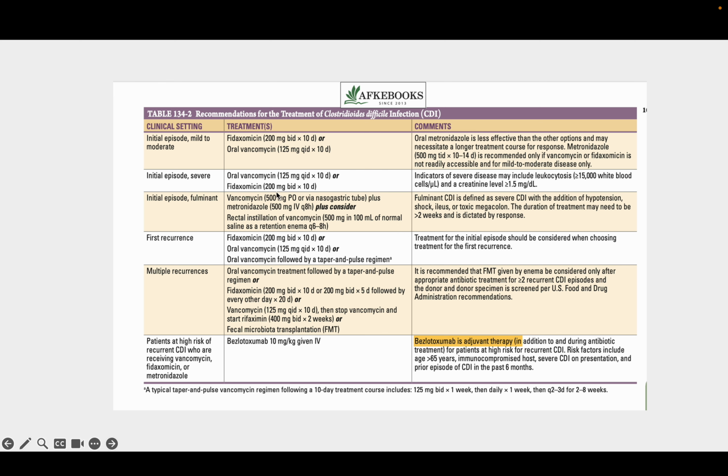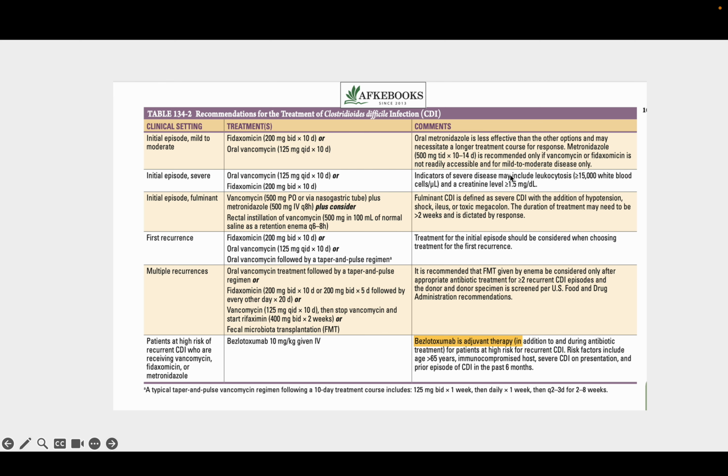Then vancomycin and metronidazole in the case of fulminant cases. You can see here fulminant CDI is defined as any hypotension, shock, ileus or toxic megacolon. The duration of treatment may need to be greater than 2 days. So I can say fulminant CDI is severe CDI with complications. What is severe CDI? A leukocyte count more than 15,000, creatinine